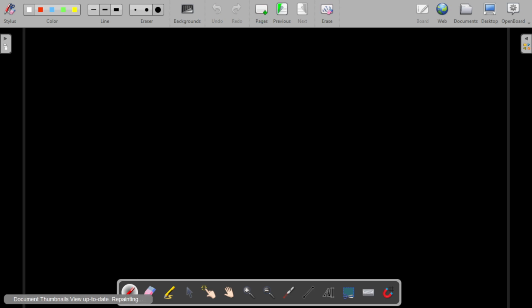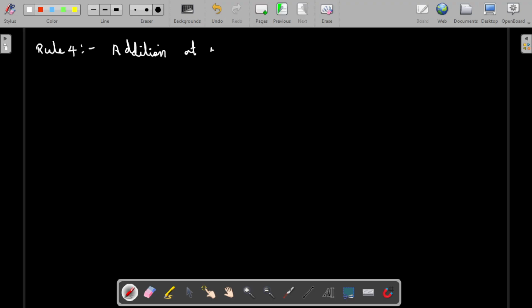So the fourth rule, I think this will be the last rule. Rule 4, addition in an interval. Last we saw the addition at a point. Now addition at an interval. Okay, so if we are having two signals, first example is that, if you are having two signals, this